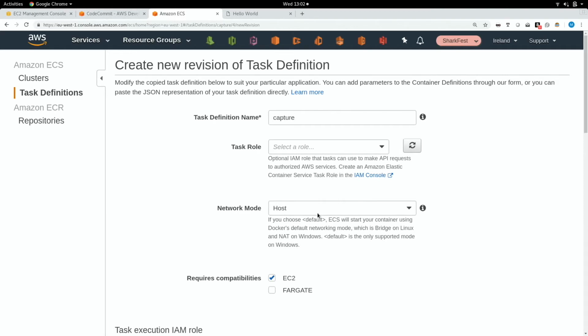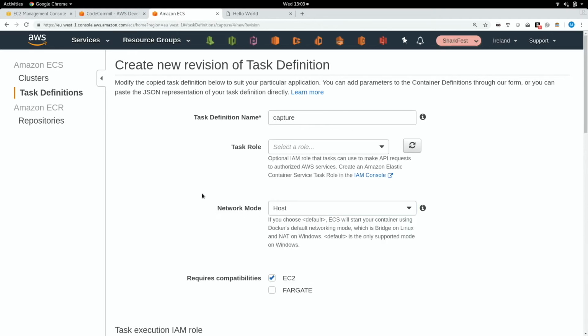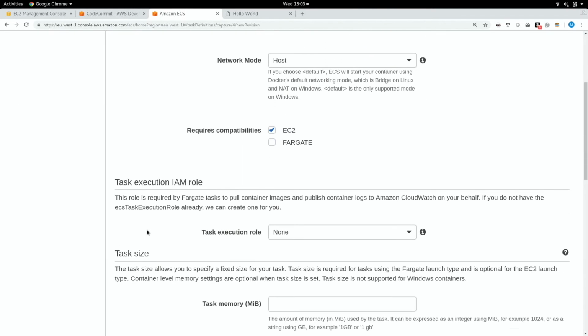Now this is important because normally when you're deploying services on an ECS cluster or any container cluster, you would by default give it a bridge network or a native network. But because we're trying to do something special here, we want access to the host network. So by selecting host in here, this capture container will have the stack of the core operating system, which means we can then do that -i any, and we can see all the stuff that's coming in and going out.